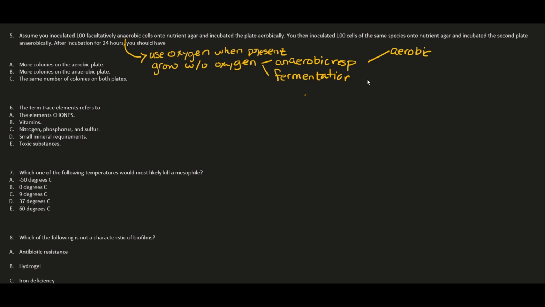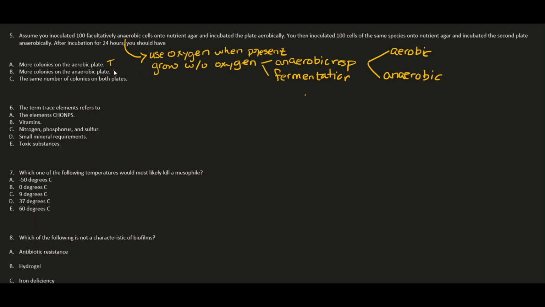And the other was incubated in an anaerobic situation. Now, more colonies on the aerobic plate? You would see more? Yeah, you would see more because they can grow in the presence of oxygen. More colonies on the anaerobic plate? Well, yeah, there'll be more colonies on the anaerobic plate because they can grow without oxygen in anaerobic respiration and